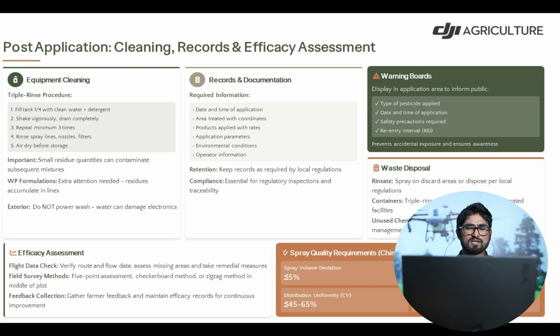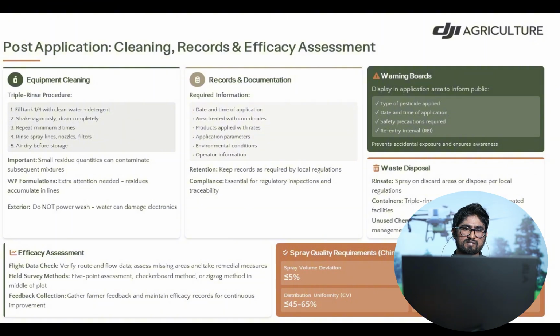And operator skills and training requirements. Most countries require certification for precision drone spraying applications. Countries like China, Japan, India, Philippines already have authorities to issue certification. And it's renewed every 3 to 5 years in most jurisdictions. Refresher courses on new technology and regulations. It should update training on new formulations and equipment.